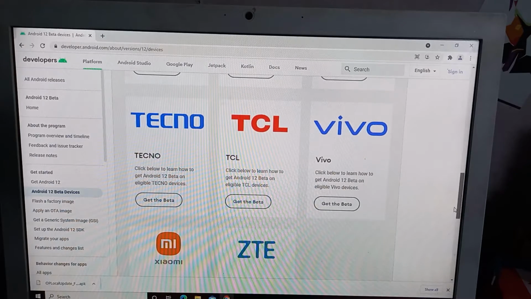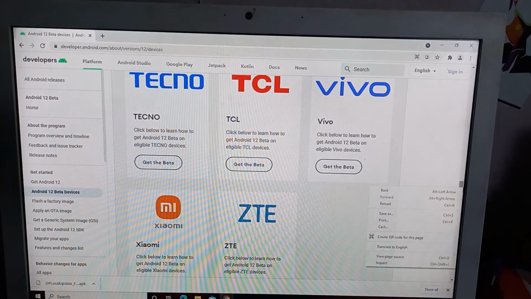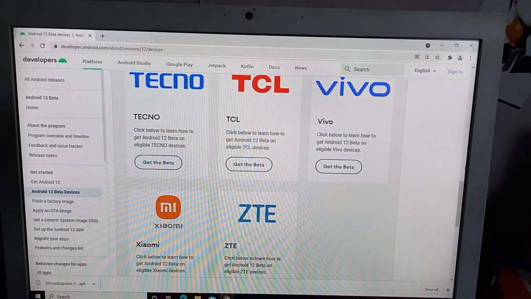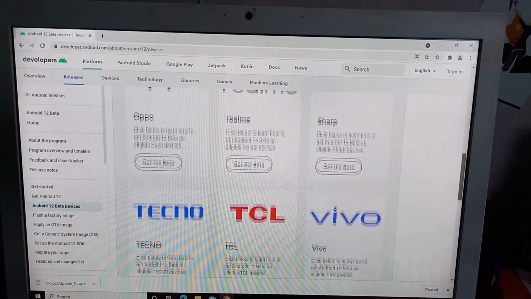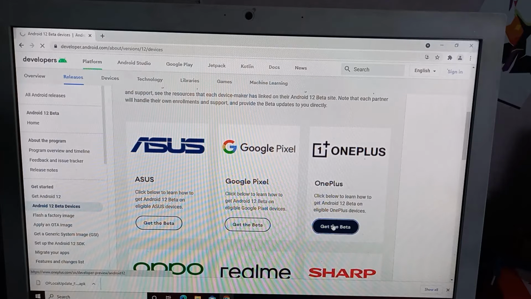These are some mobile devices which support Android 12 right now. Some of these devices are here. Now I will show you one by one. Here are many brands like Asus, Google Pixel, OnePlus, but I will go to the OnePlus link. I have a OnePlus device, so I will download the OnePlus Android 12 beta version.